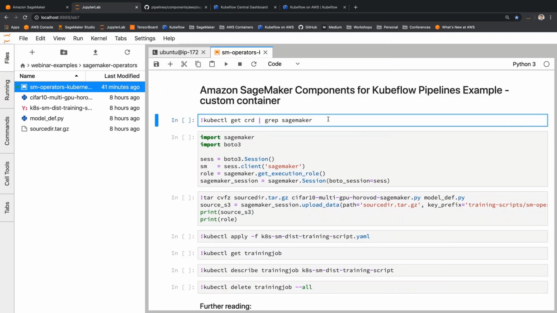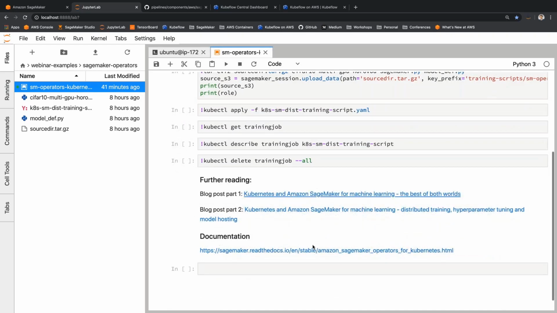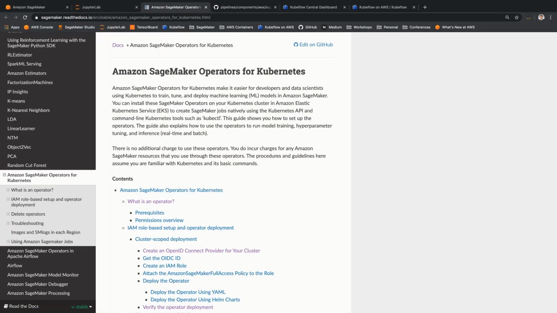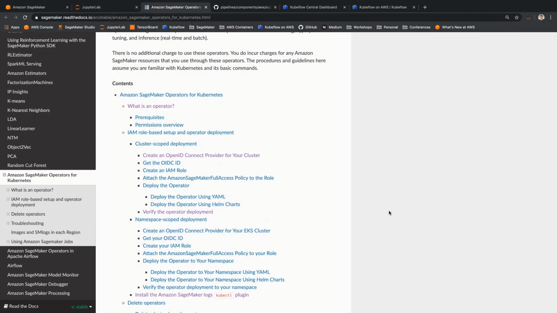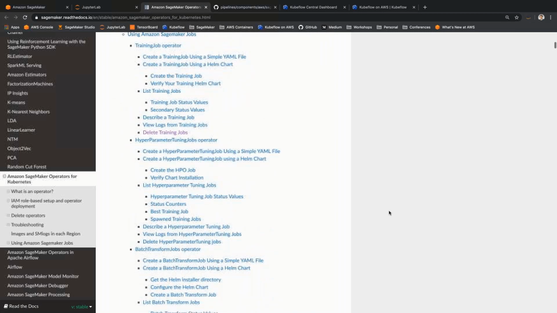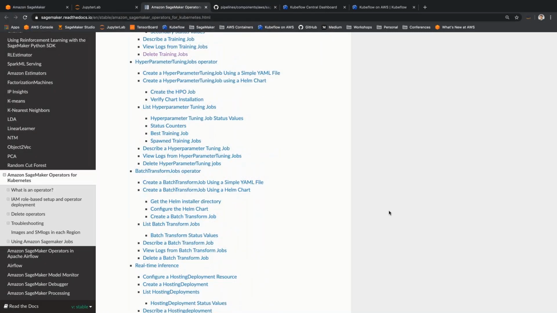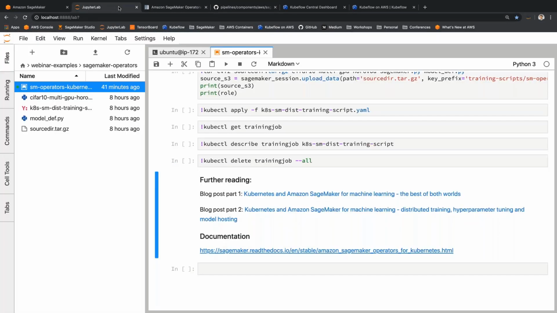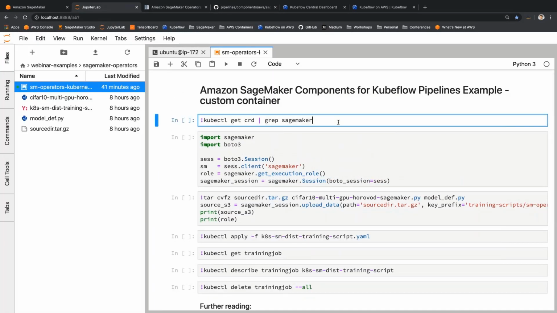And again, there are steps on how to install these SageMaker components. I'll share these documentation links with you. This is part of the SageMaker documentation. There's a description on what the operators are, how to use them, how to set them up, what kind of jobs you can run in them, and so on. Again, I've set this up already, so I won't set it up here. But once you've set them up,